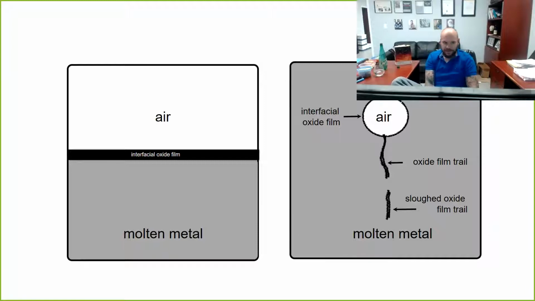The interface between the air bubble and the molten metal forms an oxide film. Now, that oxide film that's in contact with the metal is in perfect atomic contact with that metal and really isn't interested in moving so much. And because of the buoyancy differences, as that air bubble rises up through the melt, that top of the air bubble is going to tear and reform, and what's left behind is an oxide film trail in the wake. And that oxide film trail starts getting sloughed off. And what we end up with is a situation where we end up looking like this.